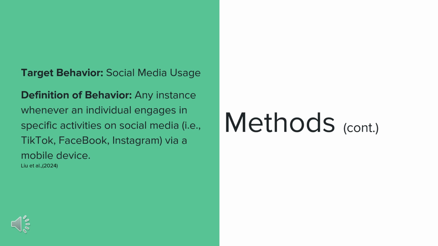For instance, whenever an individual engages with TikTok or Instagram on their mobile devices, they actively participate in social media usage. This includes actions such as scrolling through feeds, liking or reacting to posts, sharing content, sending messages, commenting on posts, viewing stories, participating in live streams, and any other interactions facilitated by social media applications accessed through a smartphone